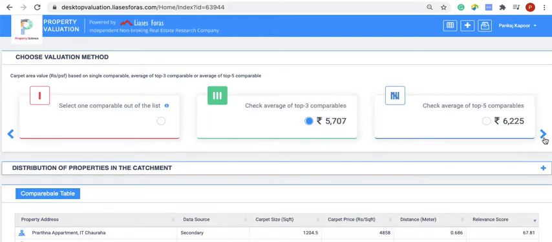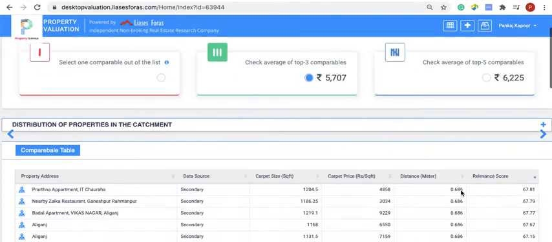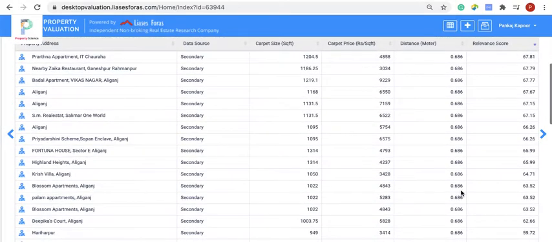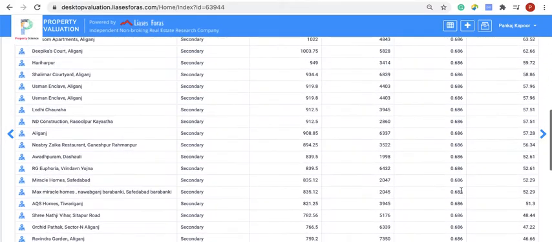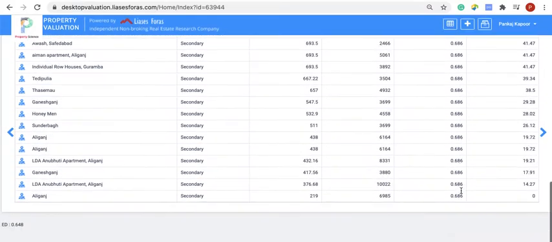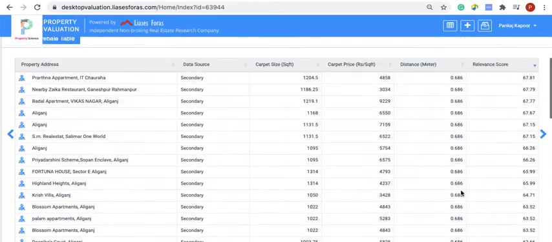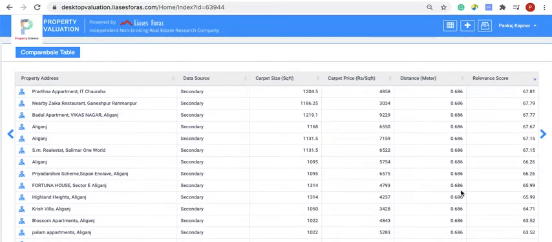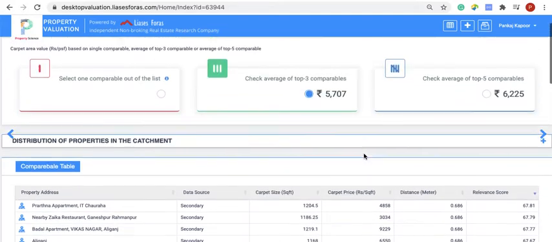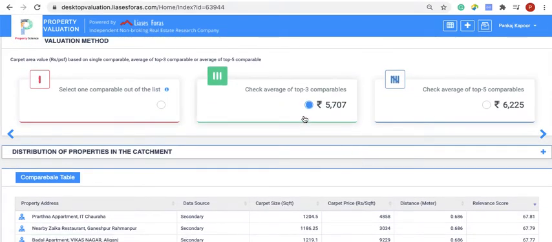So we will use this, and here are the comparables from the secondary market. Since the primary market data is not available, as there are no new projects in the vicinity, in the secondary market these were the listings available. From there it has taken the comparables of the top 3 and top 5.